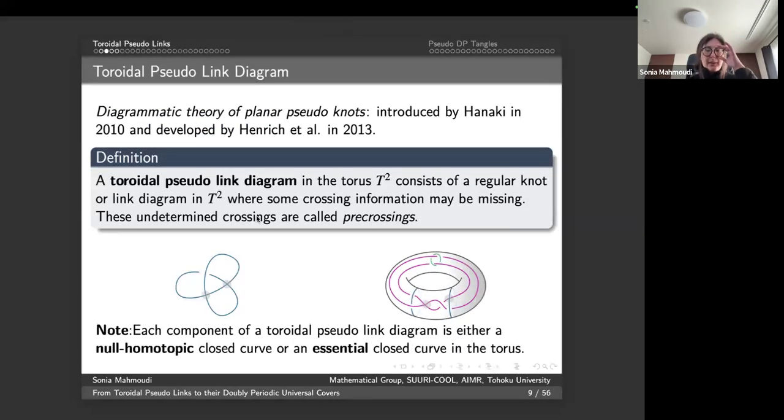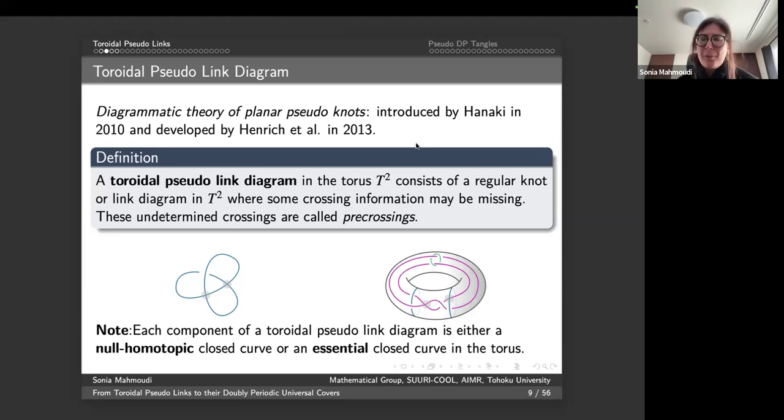So let's start a bit with some definitions. Here we are coming to a very recent theory. We are talking about a theory that is less than 15 years old. And the motivation and all the setting came from Hanaki, actually, who was studying